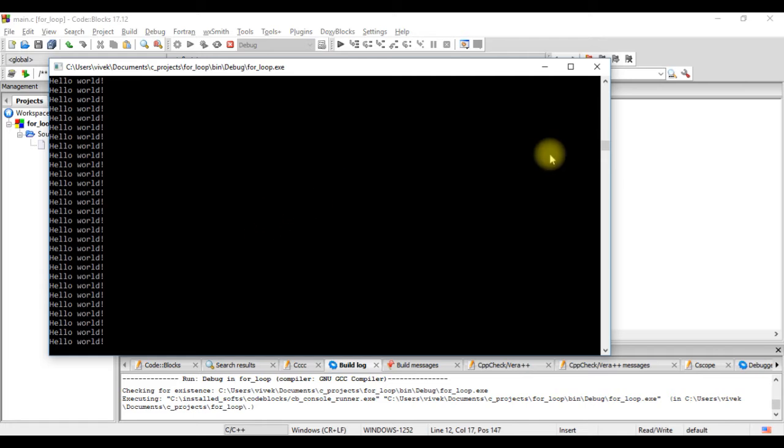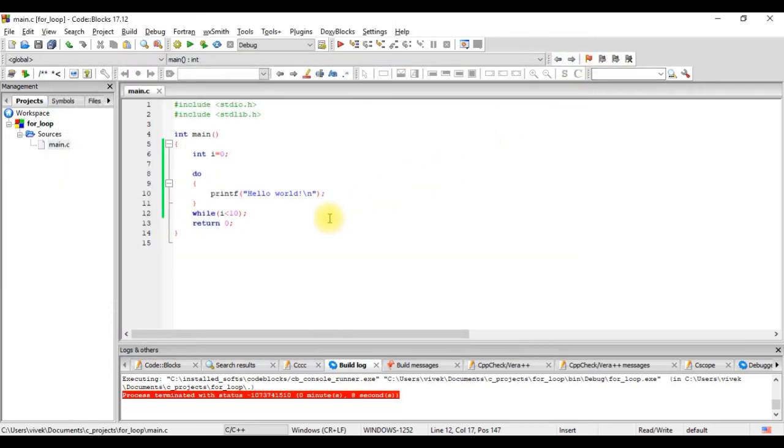So you see here, it's printing it infinitely. It's not stopping, it's continuously printing it. Why that is happening is, we gave an expression I less than 10. The value of I is 0. It is true. It checks for the do condition, it executes this statement, and then it checks for this expression.